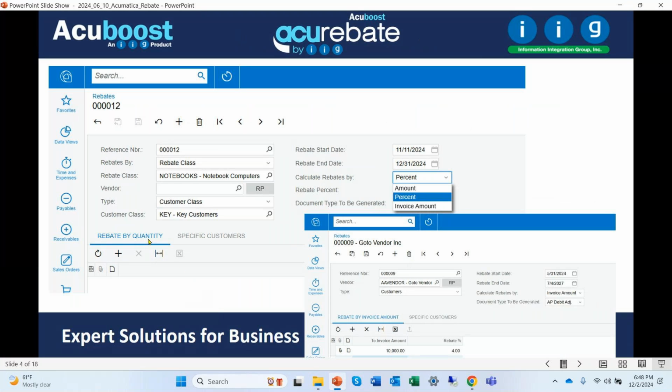So in AcuRebate, you set up rebate programs. Here we're looking at rebate program 12. Each rebate program could be entered where a rebate earned is a percentage of the selling price or varies based on the amount. If it's more than $10, you get this percentage rebate. If it's sold for $12, you get this rebate, or it could be based on invoice amounts